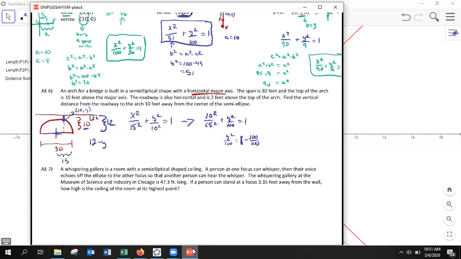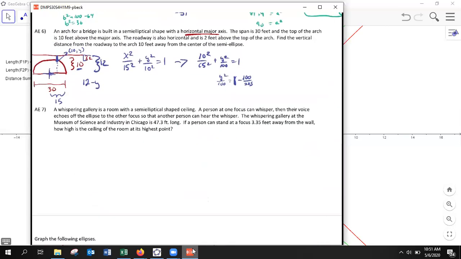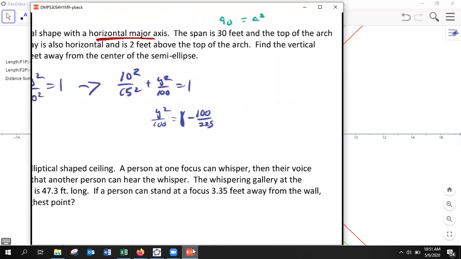So combined together, this is where I could start using the calculator right away, but as you see, I don't have the calculator put up there just yet. So the struggle is real, guys. Let's just go ahead and simplify this. This is 200 over 225, or 225 over 225 minus 100 over 225. So 125 over 225. And if I multiply both sides by 100 and take the square root, then I'll say